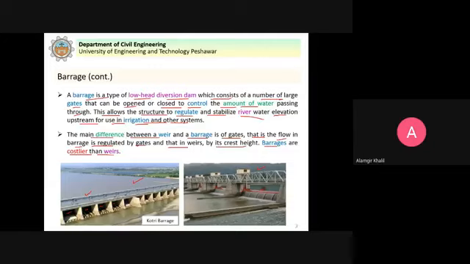But you see here that in case of weir, the water will store up to the top of the weir and then the water will overflow. So you can see that, as compared to the weir, we have better control in the barrage. This is the advantage of barrage over the weir.